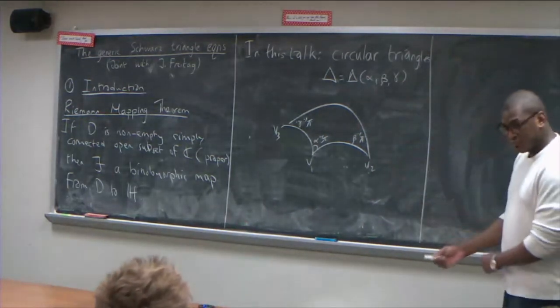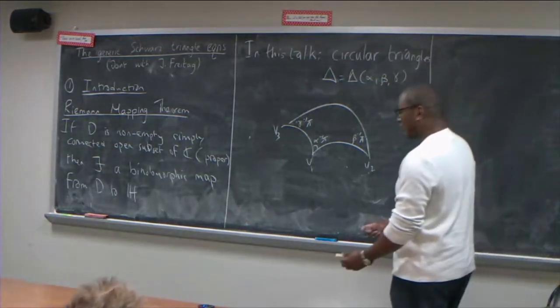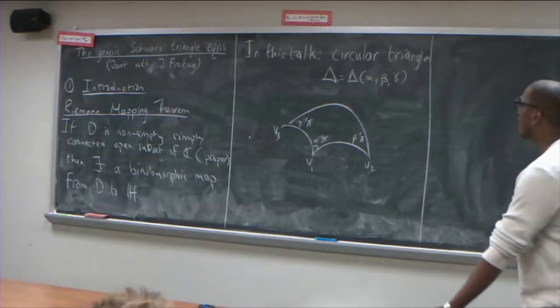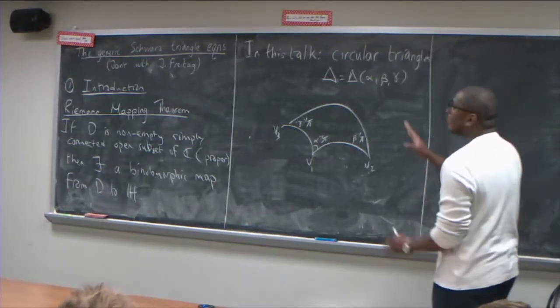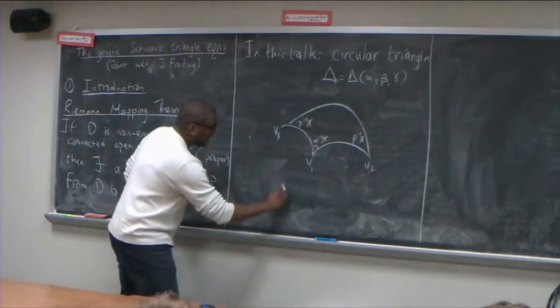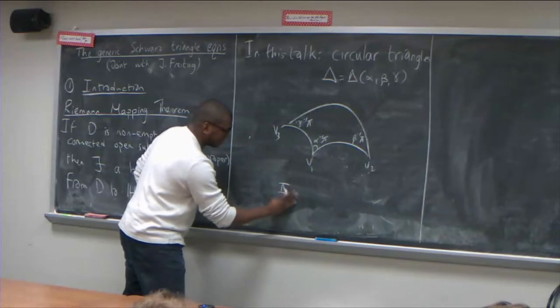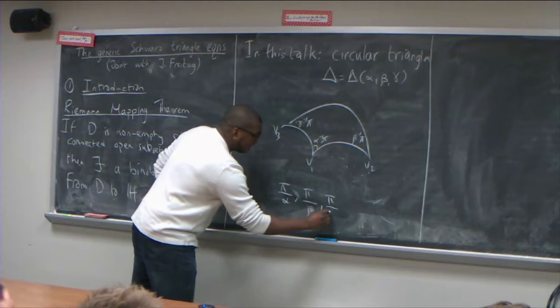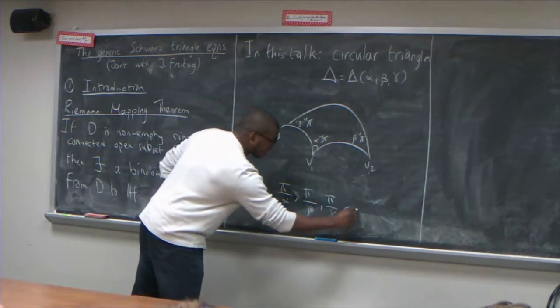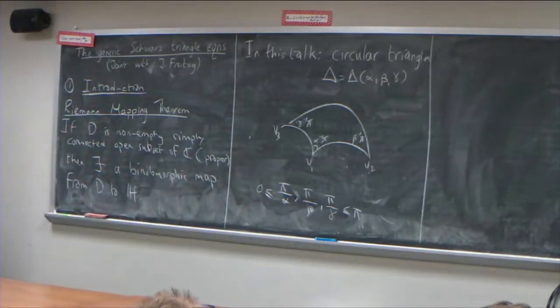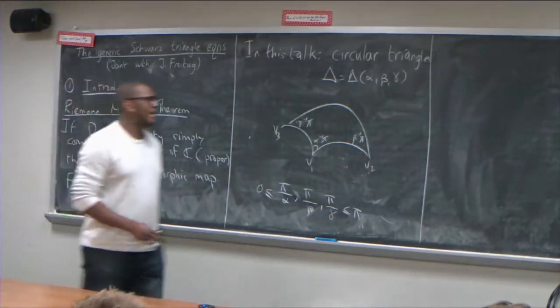Could you clarify, do you claim that alpha, beta, and gamma define a triangle uniquely up to isometry? Yes. In this case they are real numbers, and for some technical reason you can take them to be positive. So the real numbers satisfying that define a triangle up to isometry. Exactly.